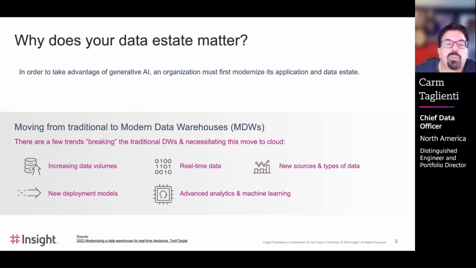It allows us to store data in whatever way is most convenient for us to keep track of the requirements for that data. So is it frequently updated, or is it going to be used for massive aggregation? Or maybe it is changing structure. Changing structure is another thing that we have to accommodate. So relational databases don't solve all problems anymore. We have to think about that as well. And of course, we want to use these things for advanced analytics and machine learning, which is really the key.